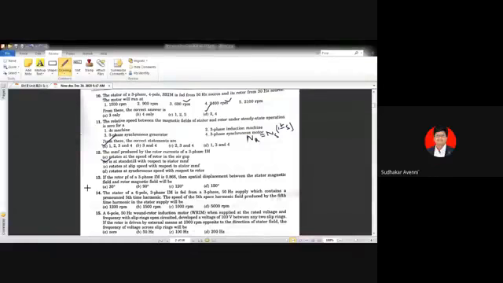So if you require steady state operation or unidirectional torque developed in any electrical machine, the relative speed between the stator and rotor magnetic fields must be zero. The relative speed between the stator magnetic field and rotor magnetic field is 0, in the sense both are stationary with respect to each other. The stator magnetic field is stationary with respect to the rotor magnetic field, or the rotor magnetic field is stationary with respect to the stator magnetic field. That's why B is the right answer.